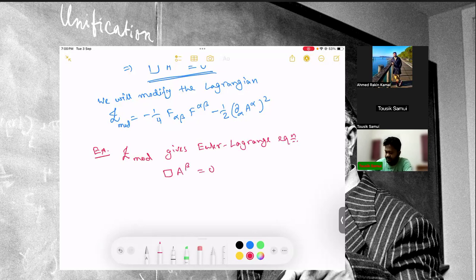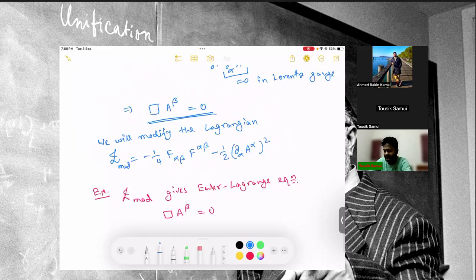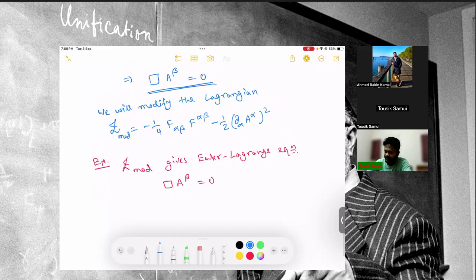Okay, so this will automatically give, even without imposing the Lorentz gauge, the equation of motion to be this. So now if we